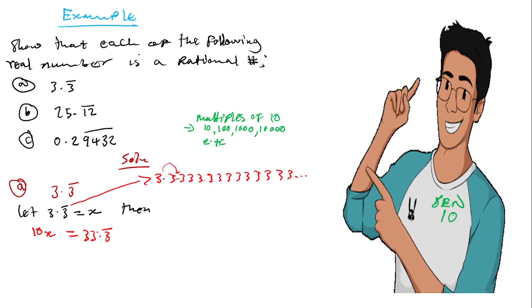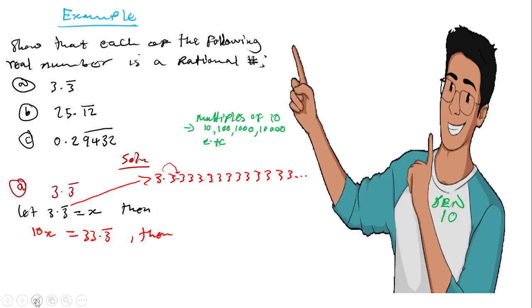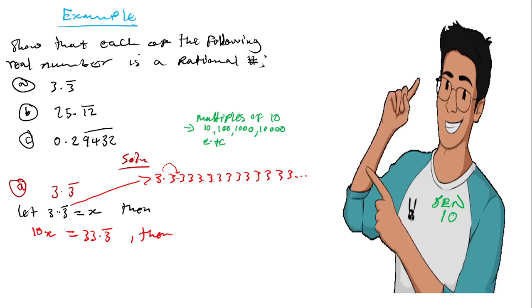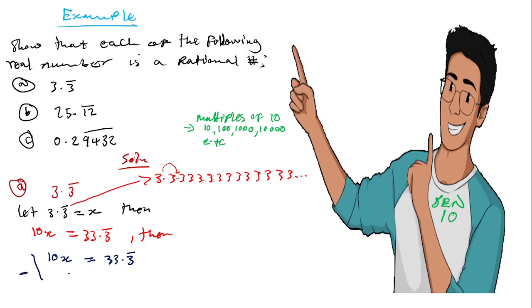After you do that, you're going to say, then the next step is for you to subtract. Okay, the next step is for you to subtract this one and that one. So you're going to say 10x is equal to 33.3 bar. Then you do what? You subtract this one, which is just x is equal to 3.3 bar. Okay, so with that information in mind, where you are now subtracting this expression from that expression,